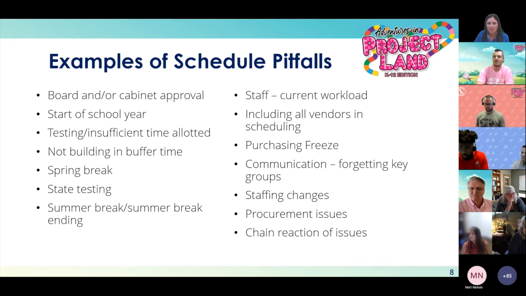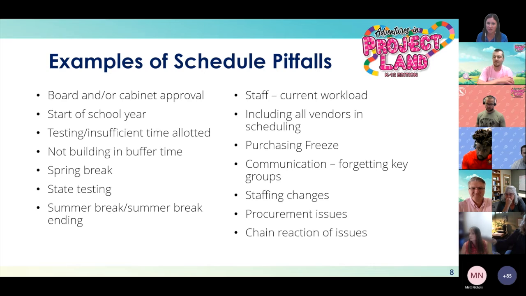Procurement issues. Supply issues can arise. This causes delays in consecutive steps or tasks in the project. This may mean having to change your plans, adjust the schedule, or change what your plan was if unforeseen procurement issues come up. Chain reaction of issues. If one thing goes wrong, the entire schedule is thrown off, and you need to look ahead so you can plan what will be affected and how you need to change your schedule.